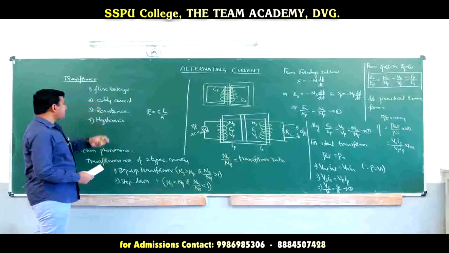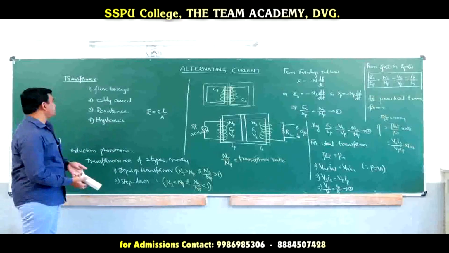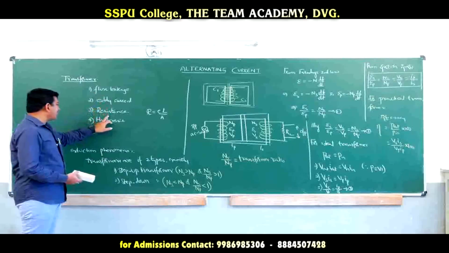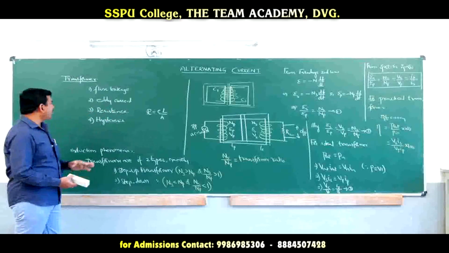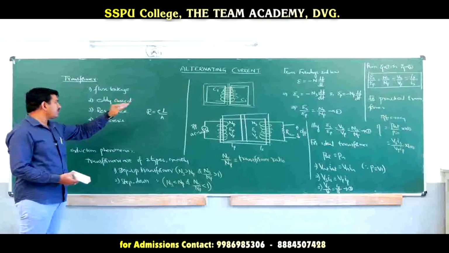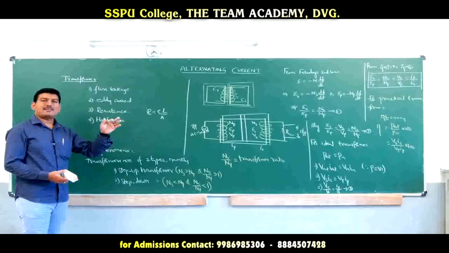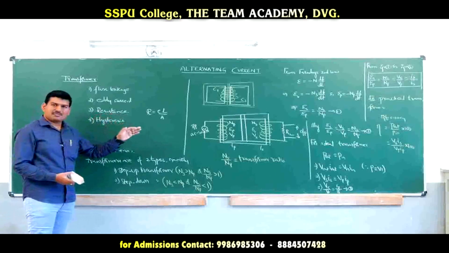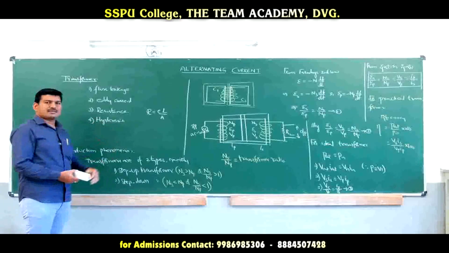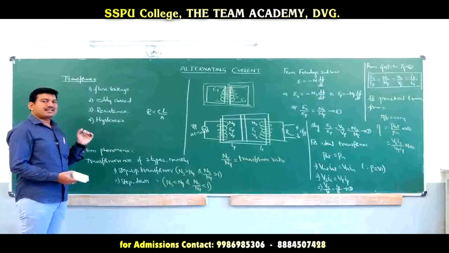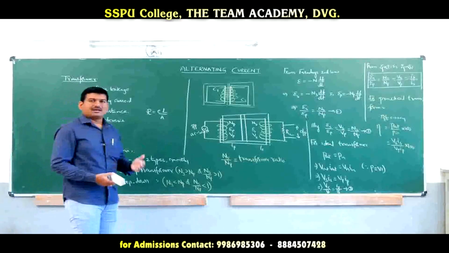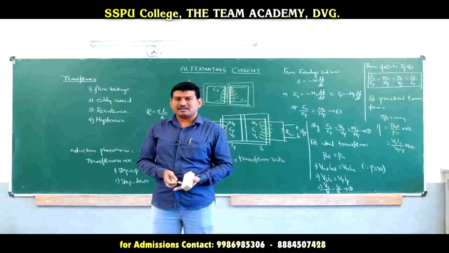These are the parameters affecting the efficiency of the transformer: flux leakage, eddy currents, hysteresis loss and resistance of the wire. And how to minimize them, I also told you. Flux leakage can be minimized by winding one coil over the other coil. Eddy currents can be minimized by laminating the core materials. Resistance can be minimized by using thick wire instead of thin wire for the coils. And hysteresis can be minimized by using materials having low hysteresis value. This is how we can increase the efficiency of a practical transformer.